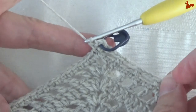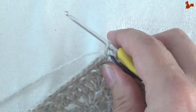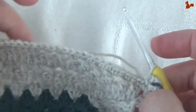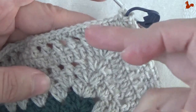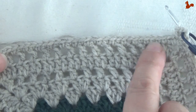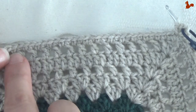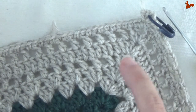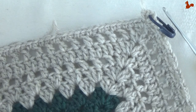And now you have only one edge left, this one here, and on this edge you're again going to work 138 of these loops. Now it's exactly the same way as on the other side, so I'm not going to show that to you, but again, chain 3, skip 2 stitches, 1 stitch, whichever works, and then 138 of those loops. And when you get right back to the beginning of this round, close on that first stitch with a slip stitch,